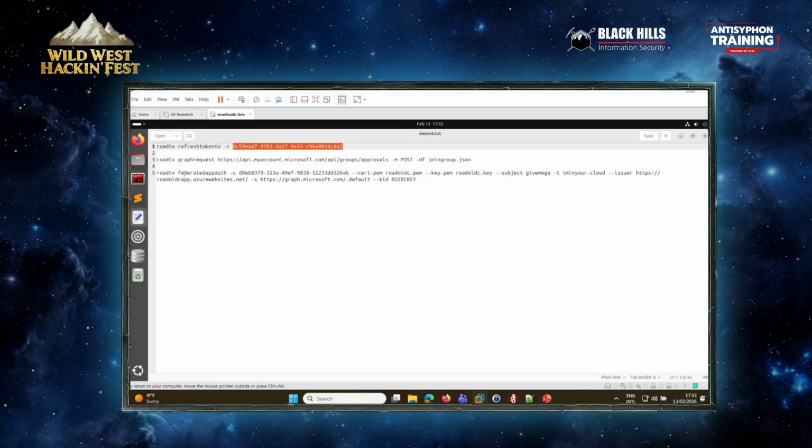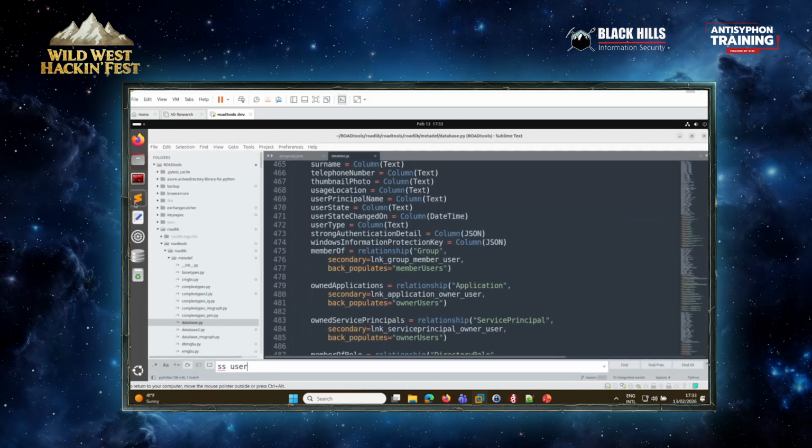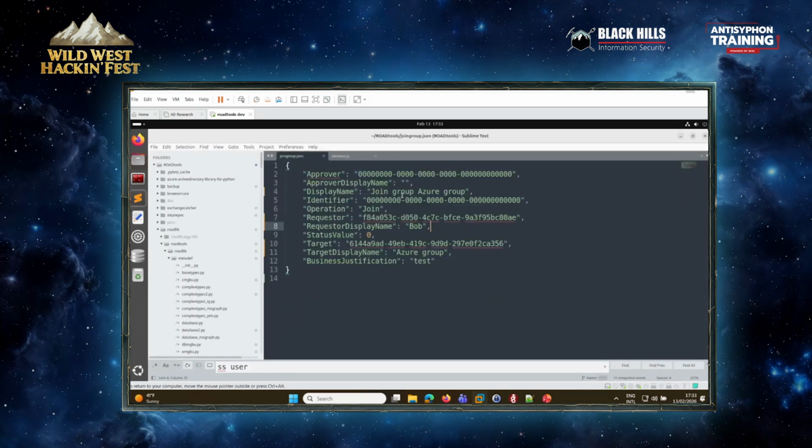And I can do a POST request to this approvals page, and it's going to be in the join group.json. So what I'm going to do is just send a request. This is what you will do in the background if you go to My Groups and then join group. On that page, you actually need to have a license to do this. If you do it via the API, it also works if you don't have the license, which is also kind of interesting. I think I filled in all the GUIDs correctly.